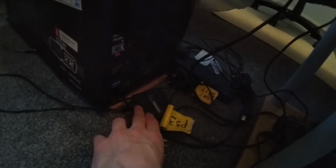So I have a HDMI splitter, which gets rid of the proprietary DRM stuff from PS3 capture, and I have a HDMI splitter, which is to split the capture between the monitor and the PS3, and then I have a PS3, bunch of controllers. It's not actually all hooked up right now, that's why the splitter's over here and stuff like that, but that is how I capture PlayStation 3 games, which we haven't played in a long time